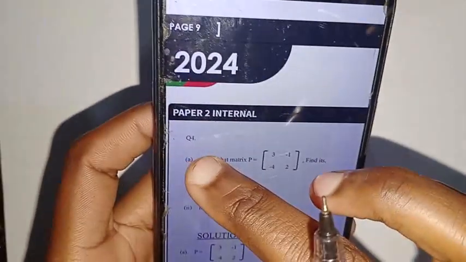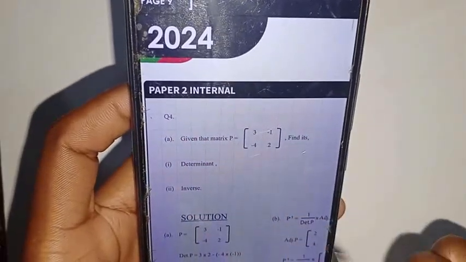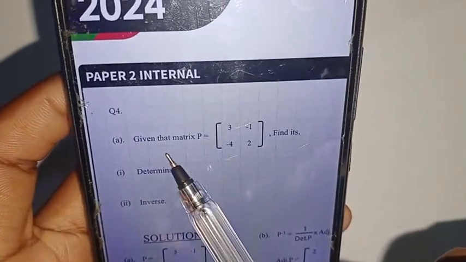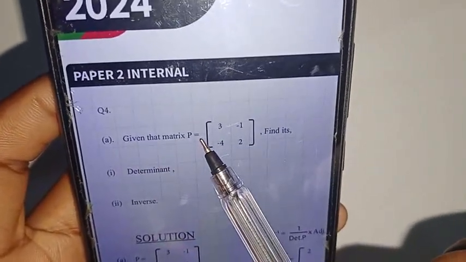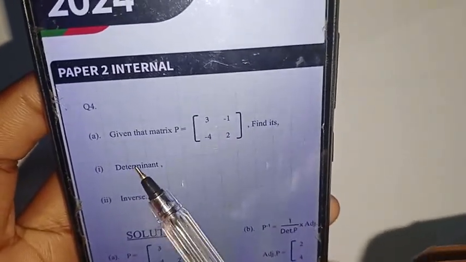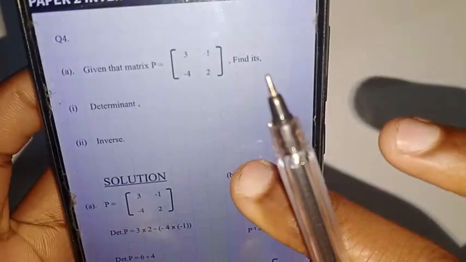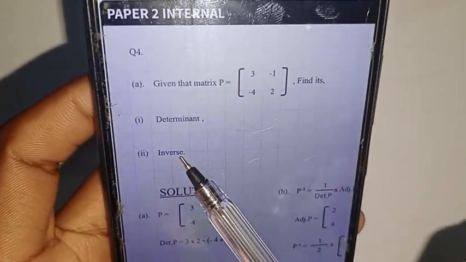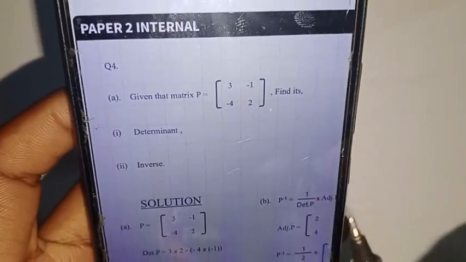So as you can see, this was found on question 4 and it read as follows. Hopefully you are able to see. Given that matrix P equals this matrix right here, find its determinant. Then after finding its determinant, we are asked to find its inverse. Okay, so that's the flow of